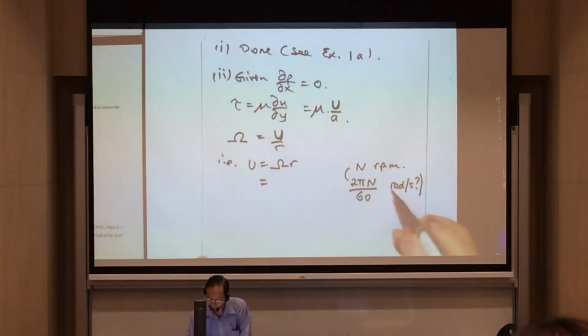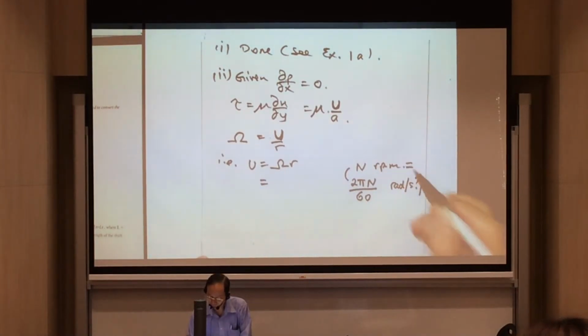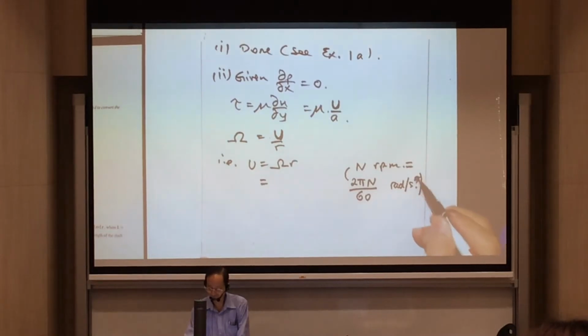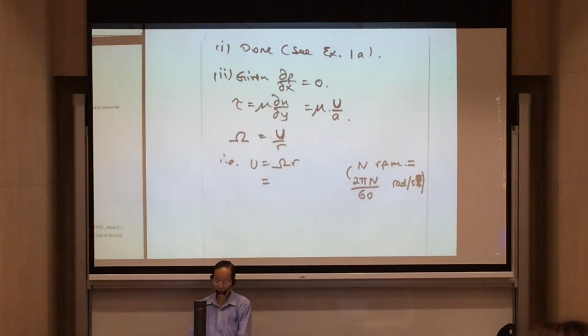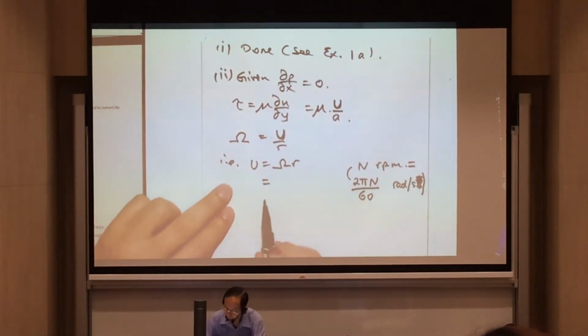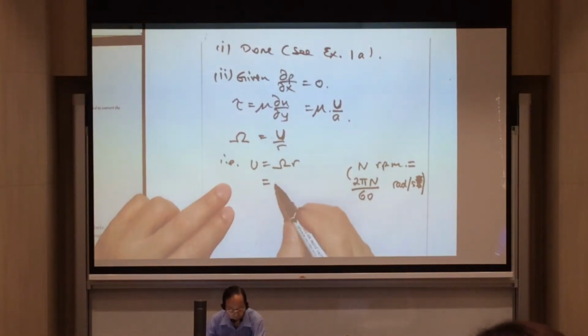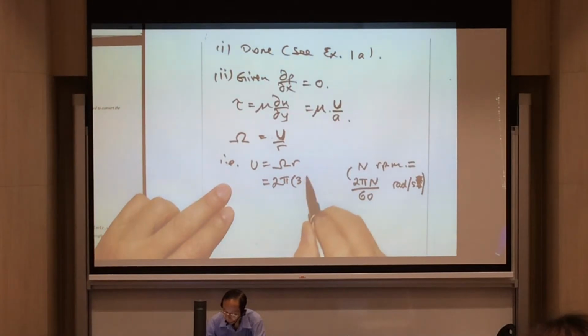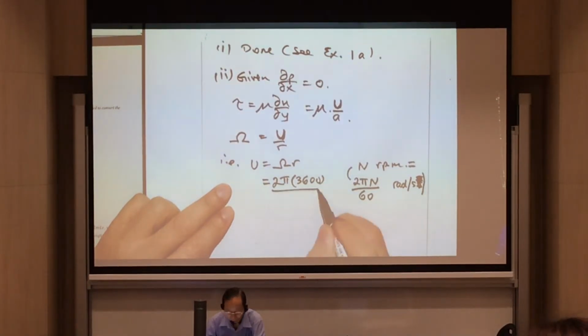So n rpm is equal to 2 pi n over 60 radians per second. So remove the question mark now. Omega is equal to 2 pi n, where n is 3600, over 60, and don't forget